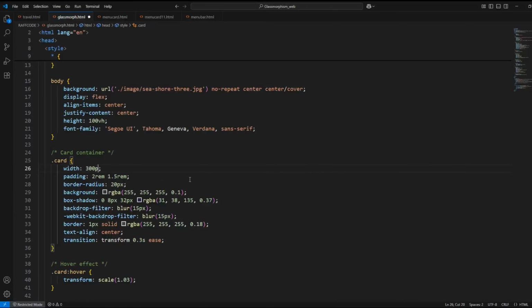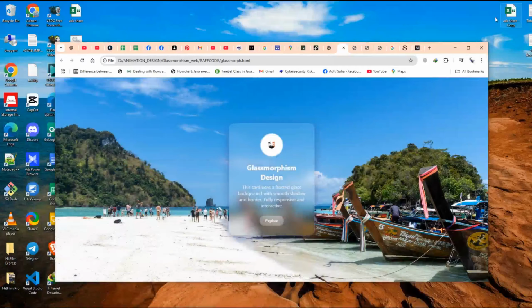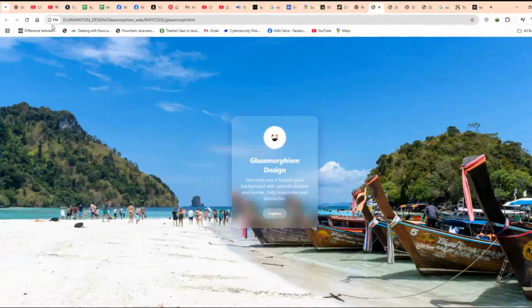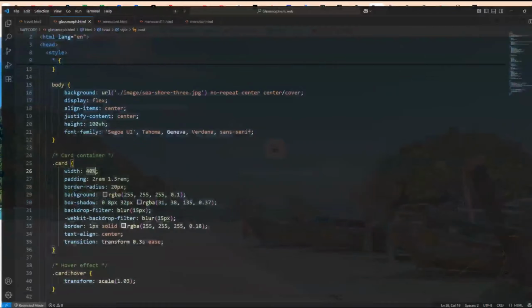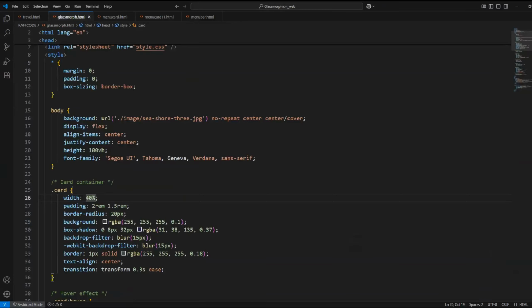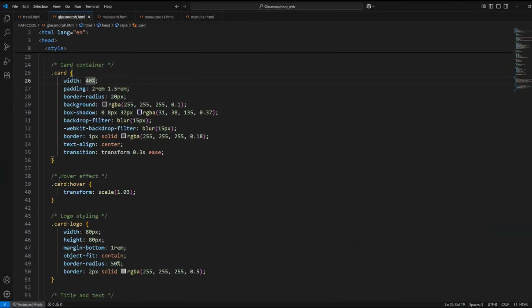The connection between HTML and CSS is achieved via class selectors. In HTML, class equals card assigns the element to a category, and in CSS, .card defines all style rules for that class. The .card container uses RGBA to apply semi-transparent backgrounds and backdrop-filter: blur to create the frosted glass